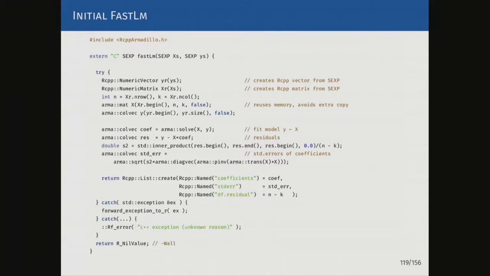Our interfaces actually still had S expressions in there. I didn't even get to telling you what S expressions are. That's how R internally at the C level represents everything as an object. Everything that exists in R and interfaces with compiled code can be expressed as an S expression: promises, functions, environments, a vector, a matrix, you name it. We wrote function interfaces that way rather than the way we do it now. We always used to use the same stanza, embedding the entire core of the function in a try block with the repeated line noise of the catch phrase that we need all the time,